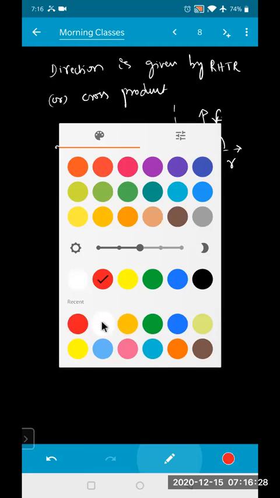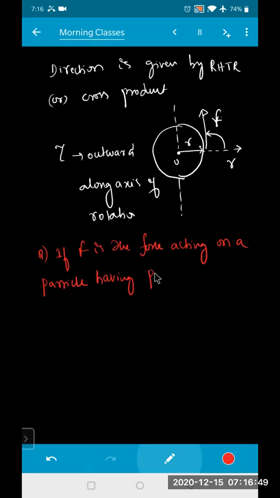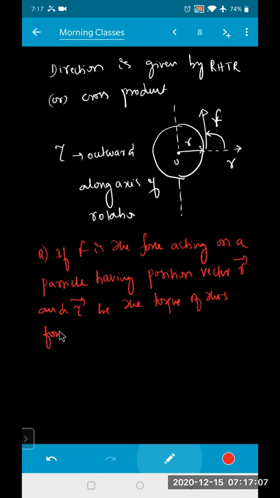I'll give you one question asked in the CBSE PMT once. The question is, if F is the force acting on a particle having position vector R bar and torque tau bar, tau be the torque of this force about the origin,